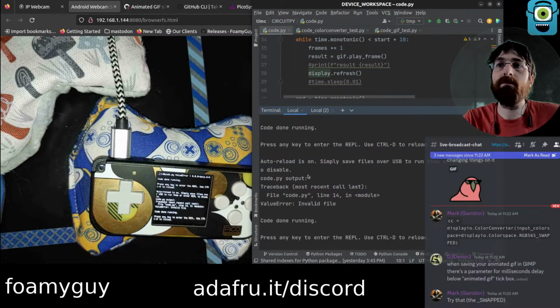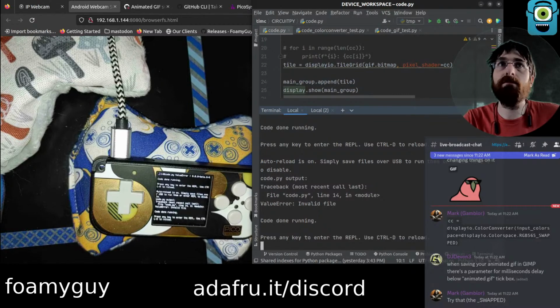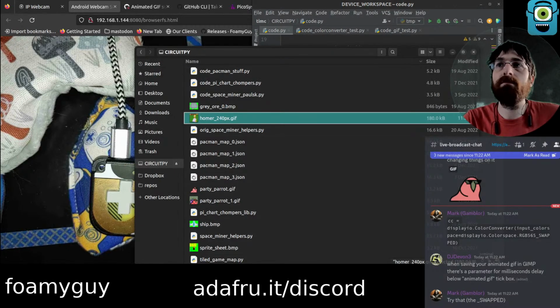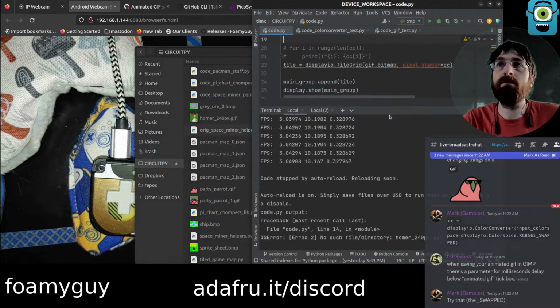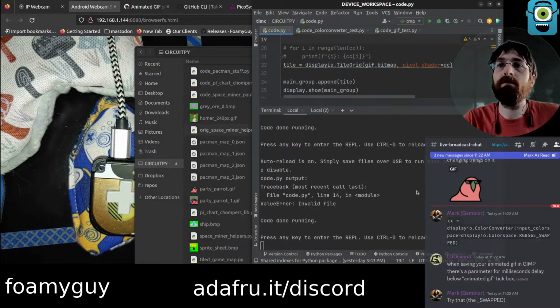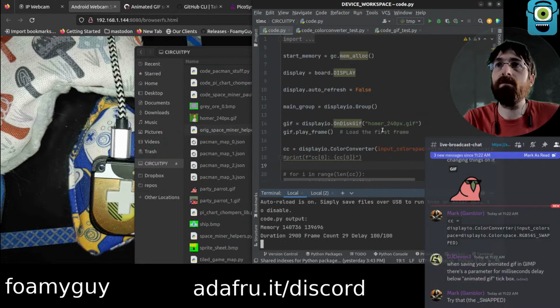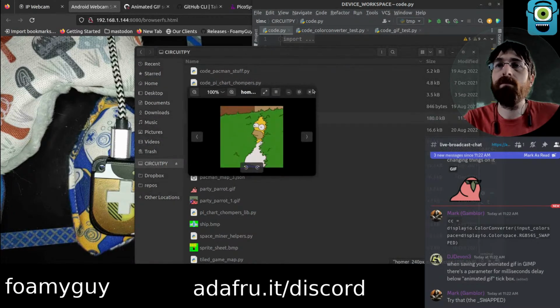Valid file. Not done saving. Oh, well, maybe it's done saving. It's an invalid file now. I like that one for some reason.